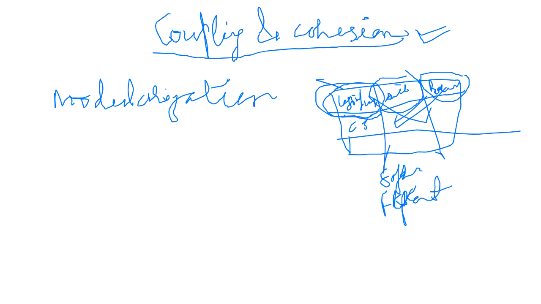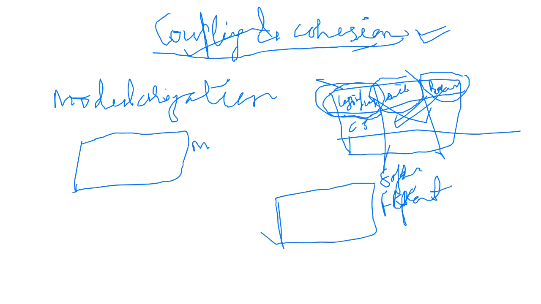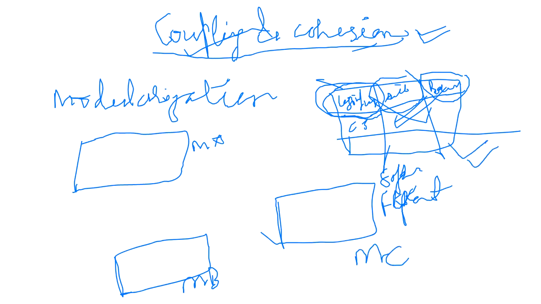So what do coupling and cohesion mean? Suppose I have divided my whole software into 3 modules. This is module A, this is module B, this is module C. This whole Flipkart software I divided into 3 modules. This is my login logout module, this is say my authentication module, and this is say my products catalog module.